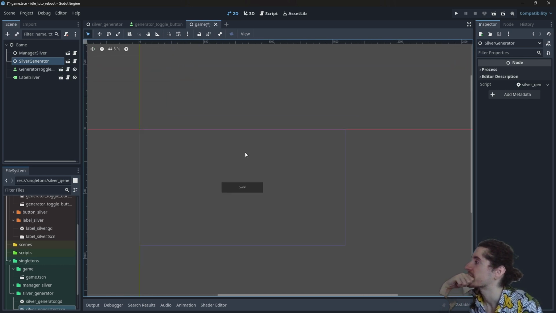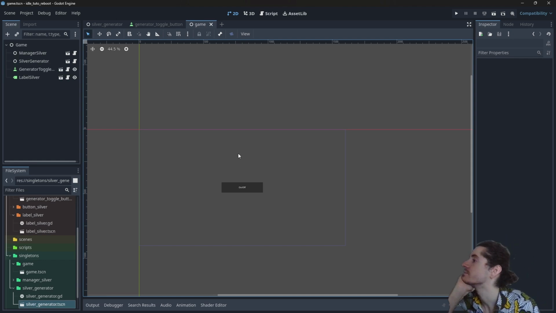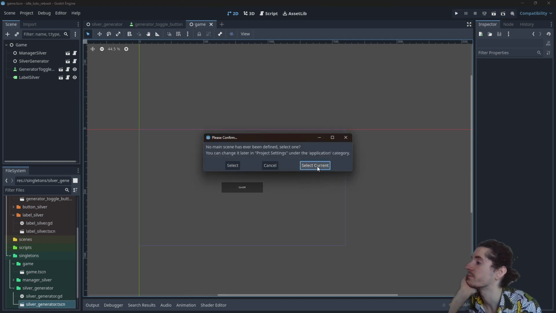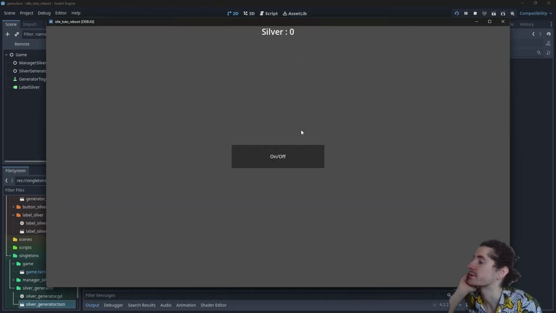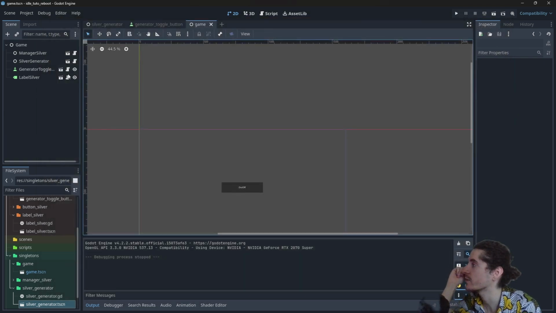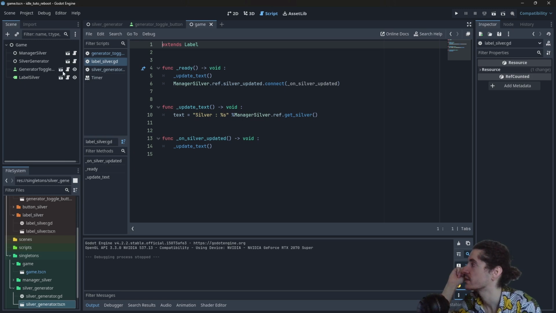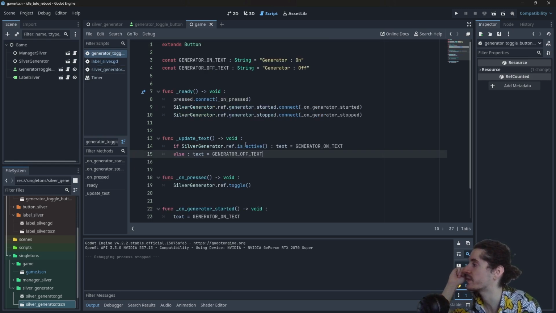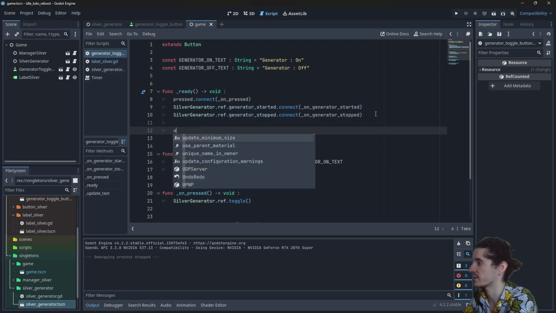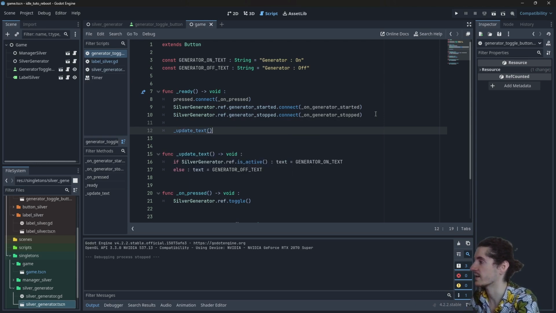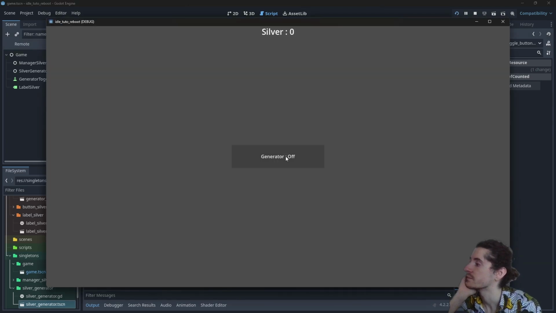Okay, so we only have to try the game now. So we do have the on-off button, which means that we didn't put this updateText in already here. So let's actually update text here and fire up the game again. The generator is off, and we can click on it to have it start, and it will generate 1